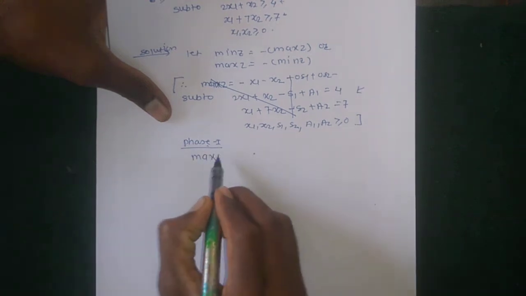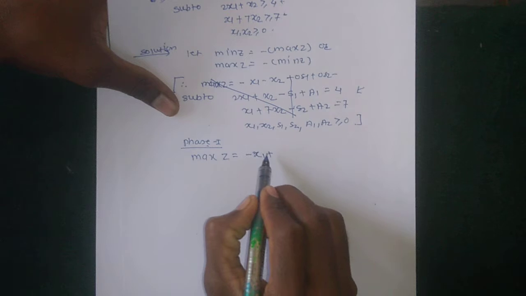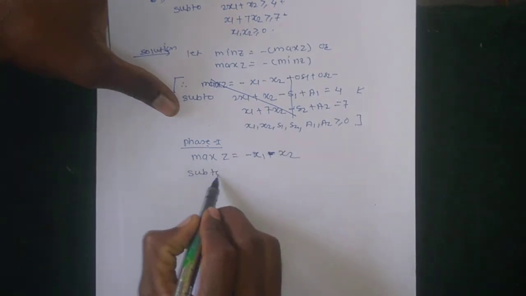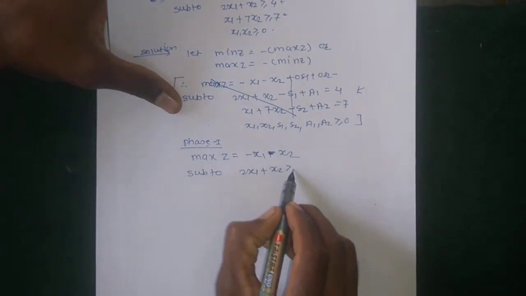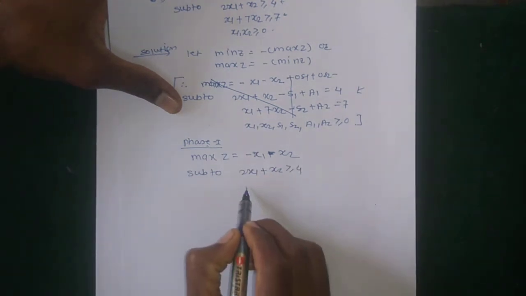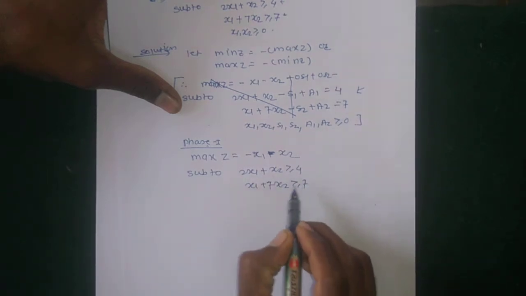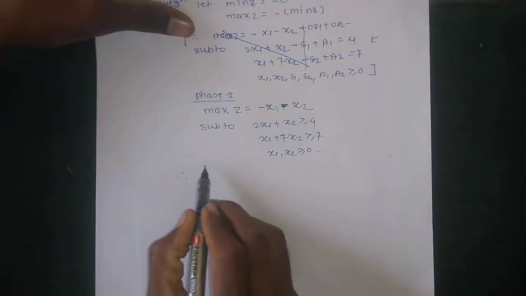Maximum z is equal to minus x1 minus x2, subject to 2x1 plus x2 greater equal 4, and the second constraint is x1 plus 7x2 greater equal 7, and x1 and x2 are greater equal 0. Therefore,